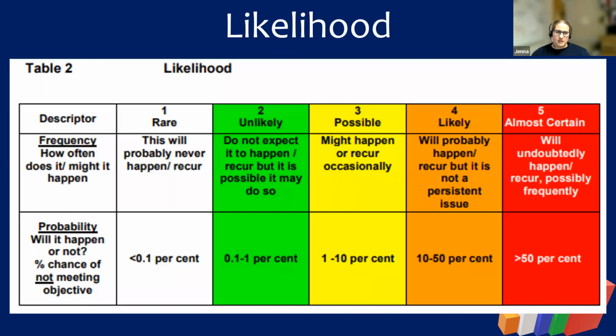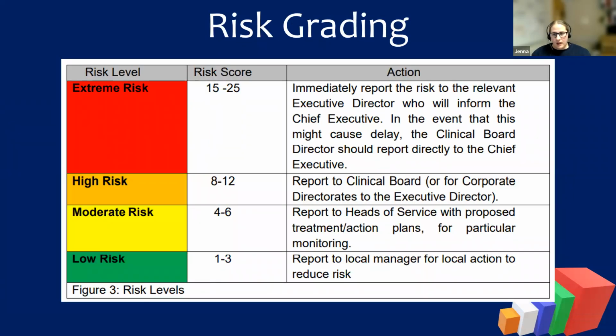And then obviously we need to consider the likelihood. So how often is it likely to occur? Is it going to occur hardly ever, in which case it might be considered rare? Or is it occurring every single day consistently in the department? So likelihood is measured by considering how often that event is likely to occur on a scale of 1 to 5, rare to almost certain. And then once you've looked at your consequence and your likelihood, those two figures are multiplied to give the initial risk rating.